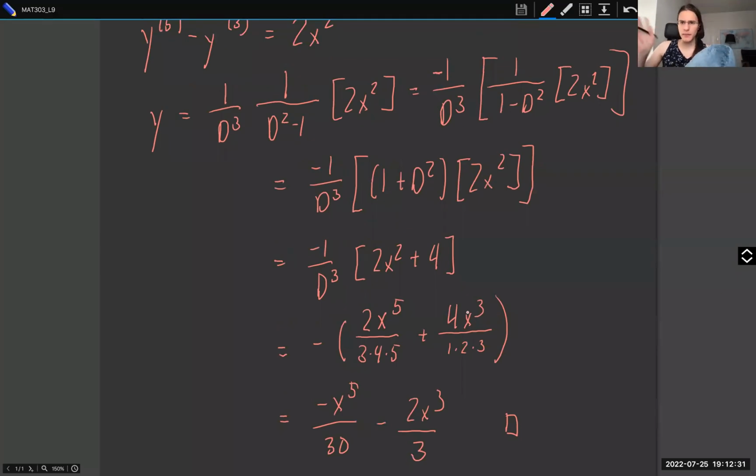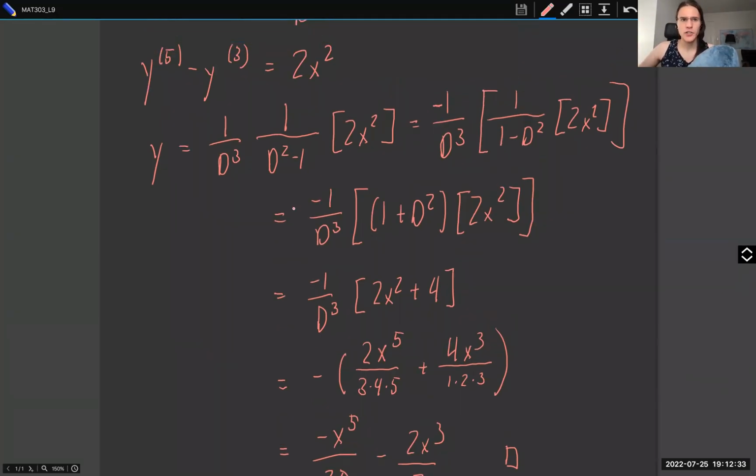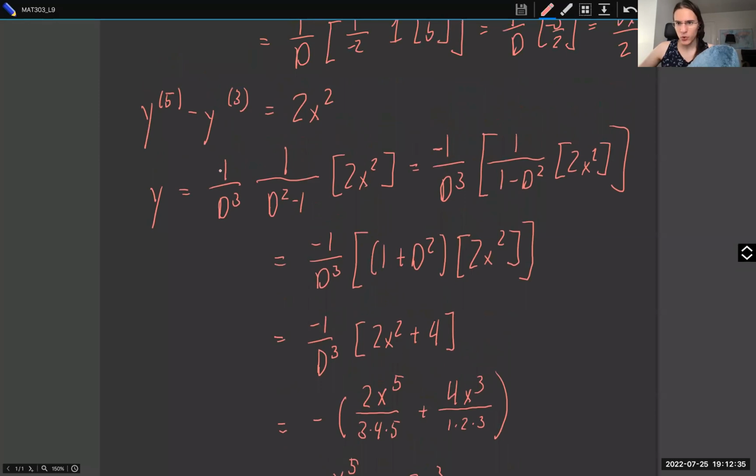So by the way, let me say that what we're doing for second order equations, technically this is nothing new, because for second order equations, we have variation of parameters, right? So you could solve this equation using variation of parameters. And variation of parameters works for equations of any order. So in fact, everything that we're doing in this lecture can be done by variation of parameters, but this is an alternative method. However, I haven't told you about variation of parameters for equations of order 3 or higher,